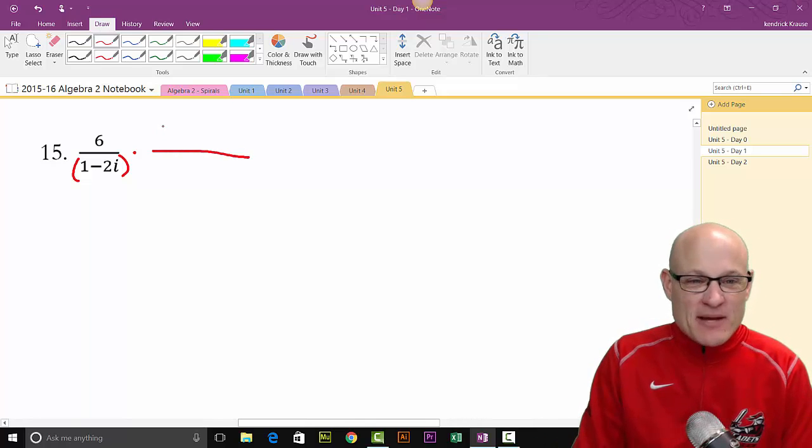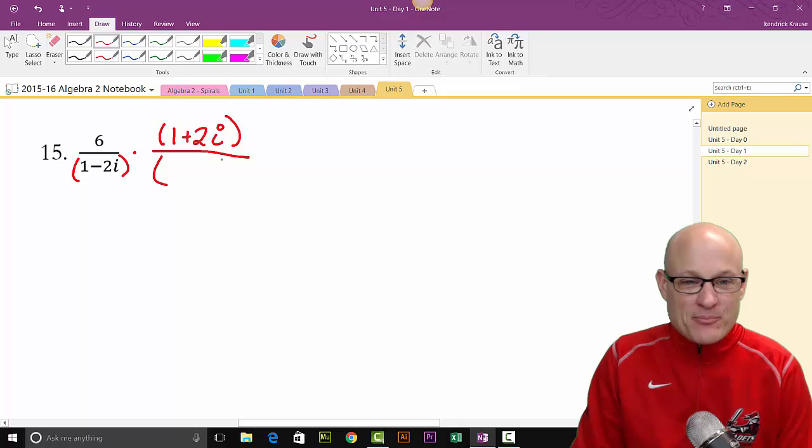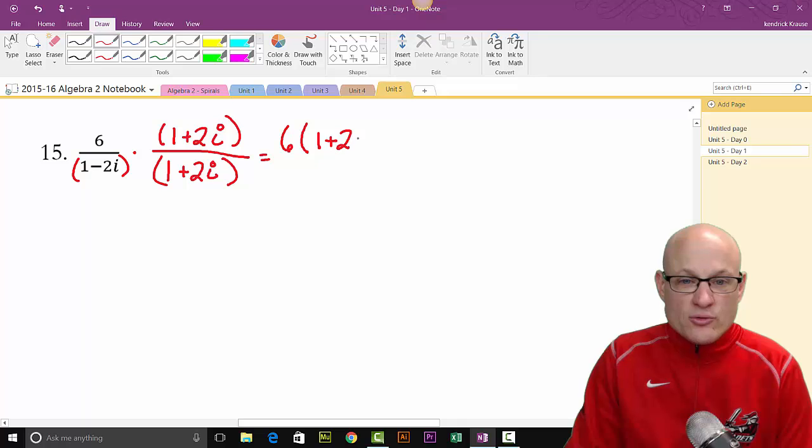All right, we're going to multiply by the conjugate, which is 1 plus 2i. The conjugate is the exact same set of parentheses, just a different sign. In the numerator, we're not distributing. 6 times (1 plus 2i), all over